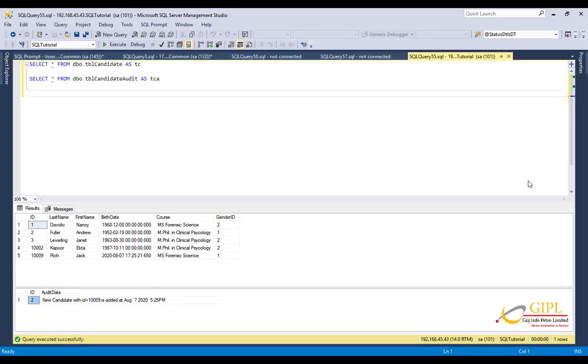So now we move on to DDL triggers. So what are DDL triggers? DDL triggers fire in response to DDL events. So the immediate obvious question that comes to our mind is, what are DDL events and when are these events raised? Whenever you create, alter or drop a database object, the corresponding DDL event is raised.